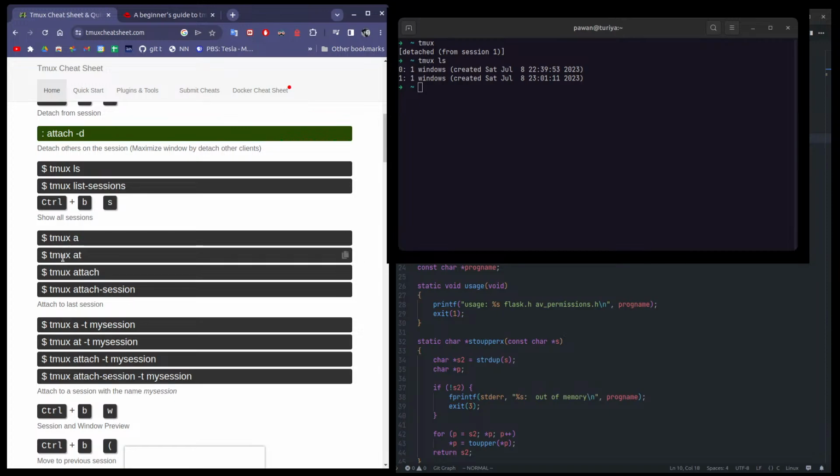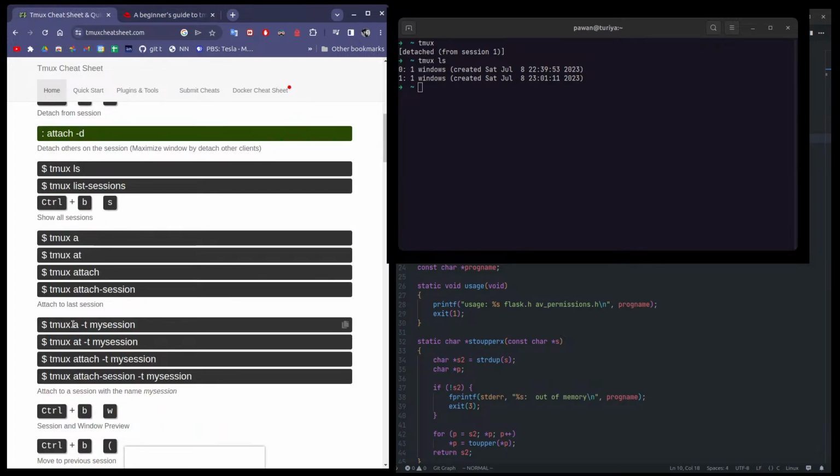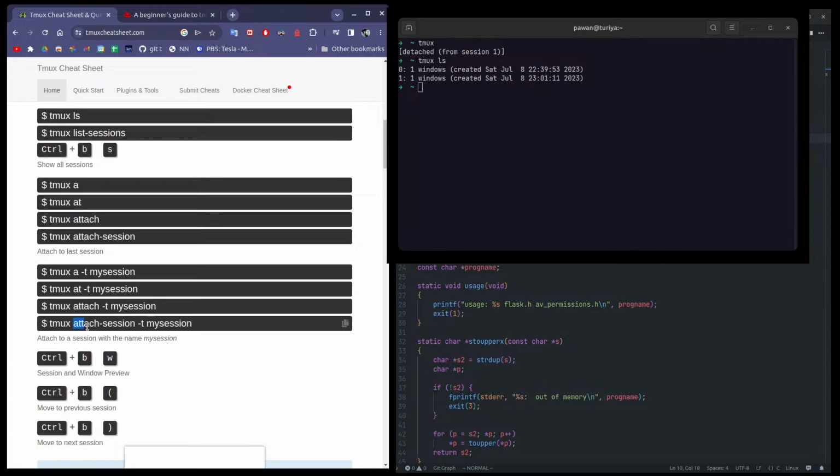tmux A will attach to the last session. Same thing, different thing is using T0, attach T second number. This could be the number like attach. It seems like missing, so not a fan of this. First of all, why do you have so many aliases? Just keep it one, like this one is perfect. I mean, this one is more descriptive, but